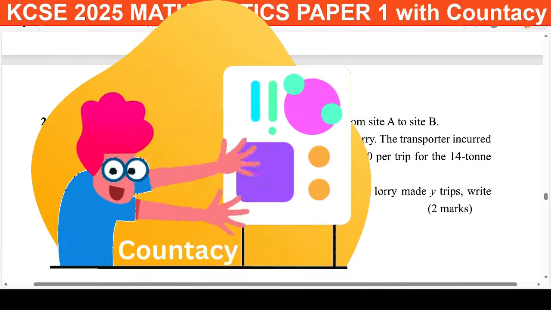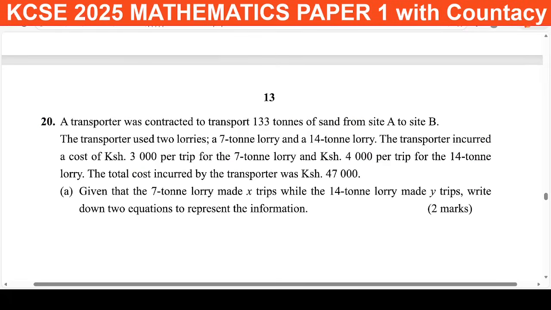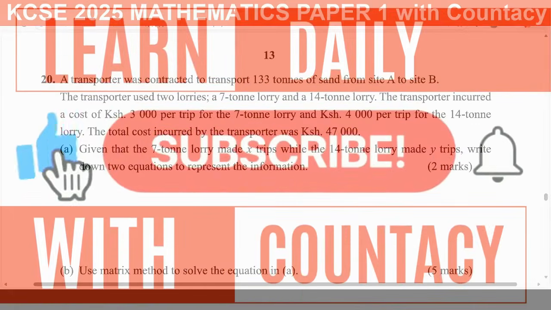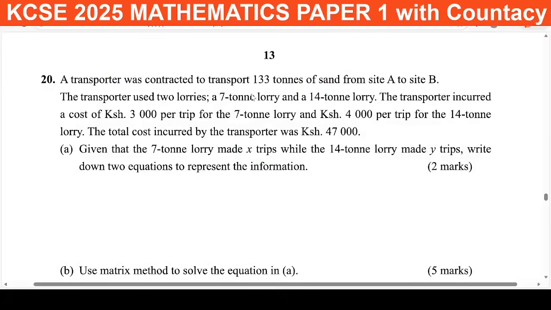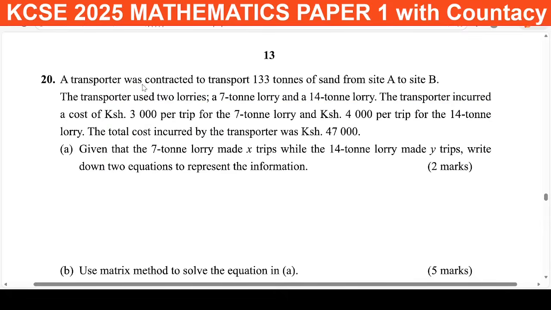We are going to crush these numbers and simplify this question in just 3 lines, which will make it look like the easiest question you've ever solved of this nature. So just walk along with me as I show you how to take all these 10 marks that come with this question. We are told that a transporter was contracted to transport 133 tons of sand from site